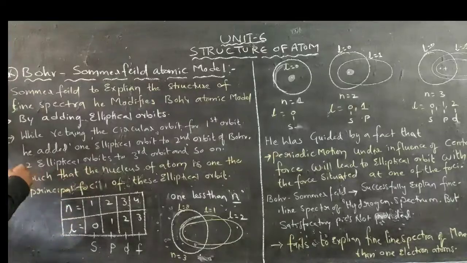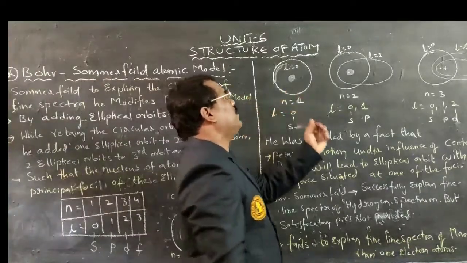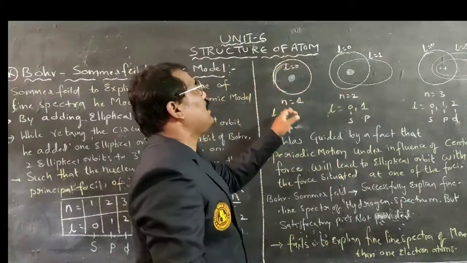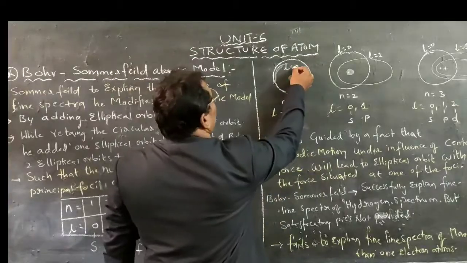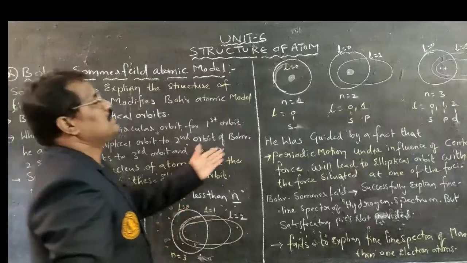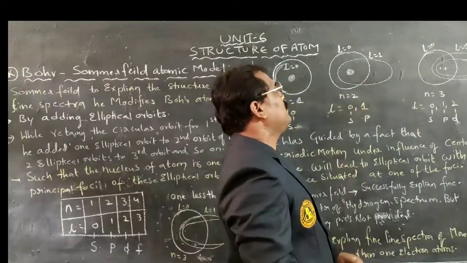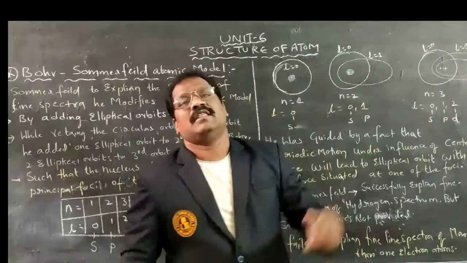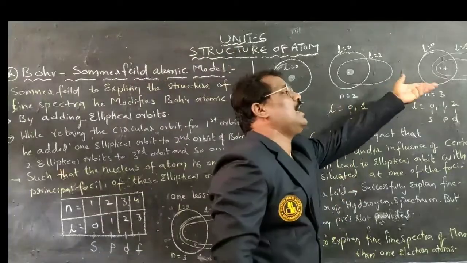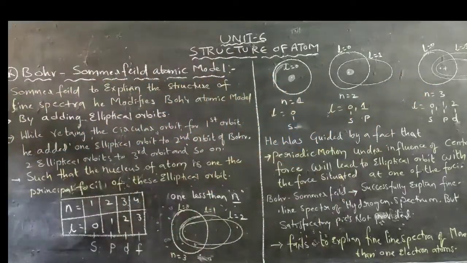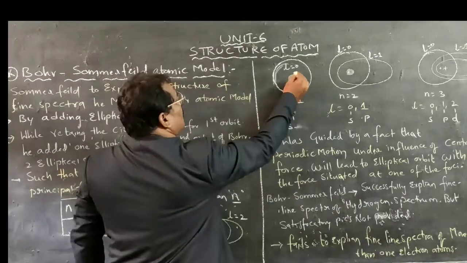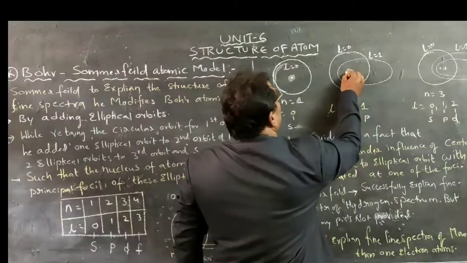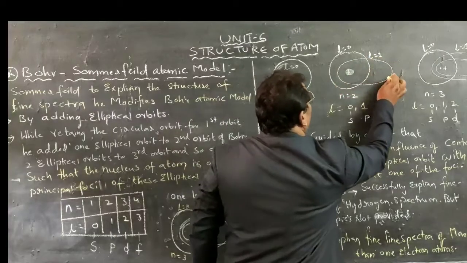So he added a particular orbit to the circular orbit. For the first orbit, he did not add any elliptical orbit, as n is equal to 1 gives L is equal to 0. For the second orbit he added one elliptical orbit, for the third orbit he added 2 elliptical orbits, and for the fourth orbit he added 3 elliptical orbits, and so on, such that the nucleus of an atom will be existing at one of the principal foci of the elliptical